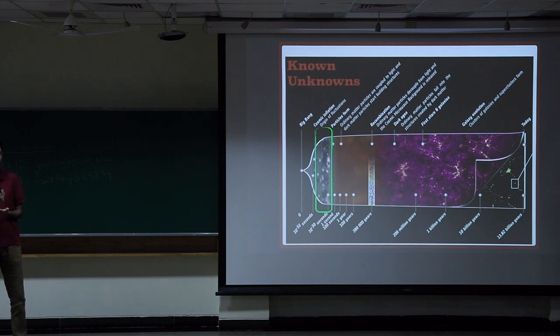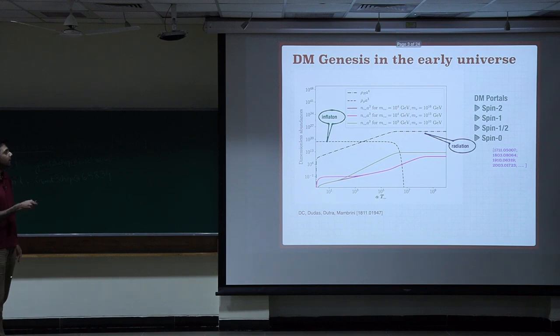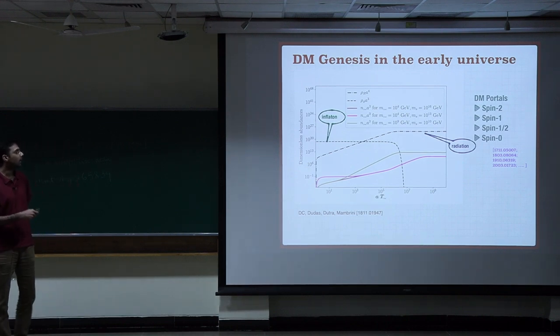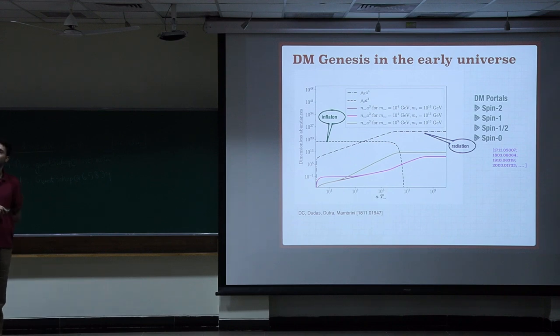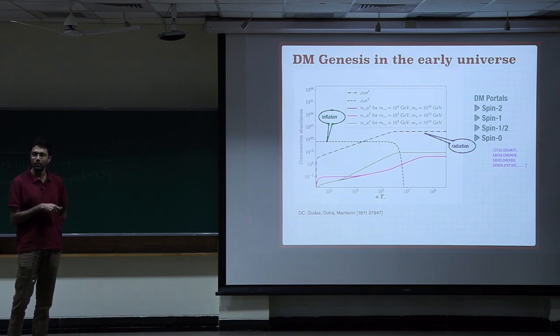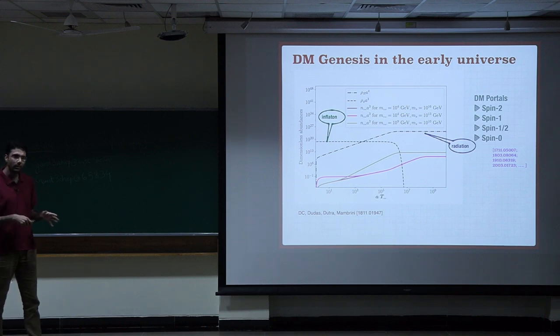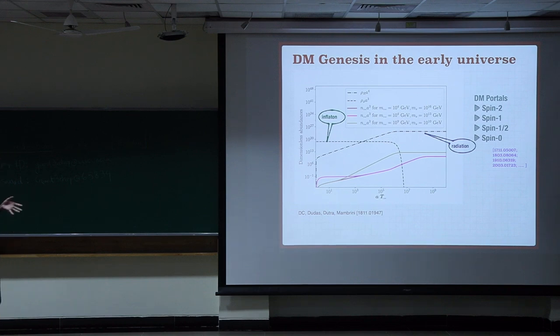So the set of works which encompasses this era is basically the production of dark matter. That may be gravitational, or via some mediators, and that leads to a plethora of papers generated in the last 20 years on different portals which will generate dark matter, which is basically DM genesis in the very early universe. It could be a portal of a spin 2 graviton, a spin 1 dark gauge boson, spin half fermions or some scalars also. So there is a soup of standard model plasma, and from there the dark matter gets produced. So this is a very basic picture.